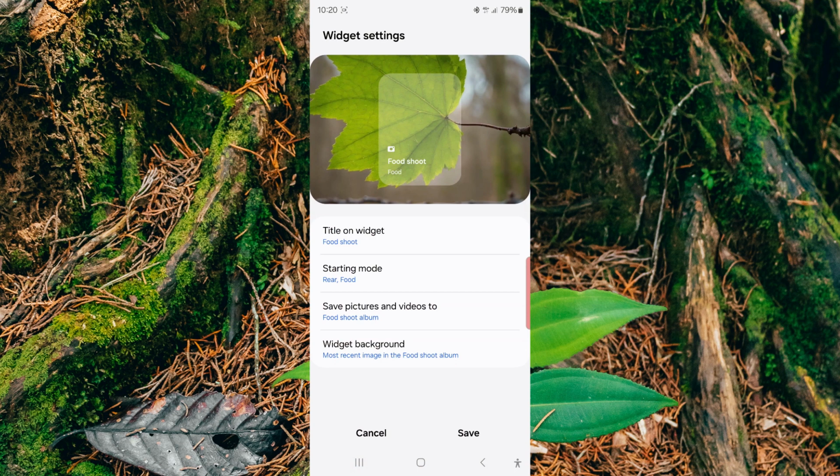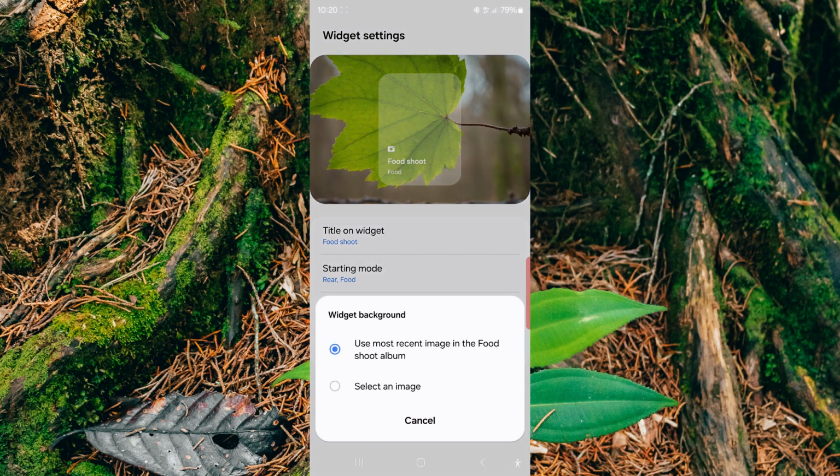The last setting, you can choose the widget background. To do so, tap Widget Background. Here you will have two options. Select Use Most Recent Image in the selected album,